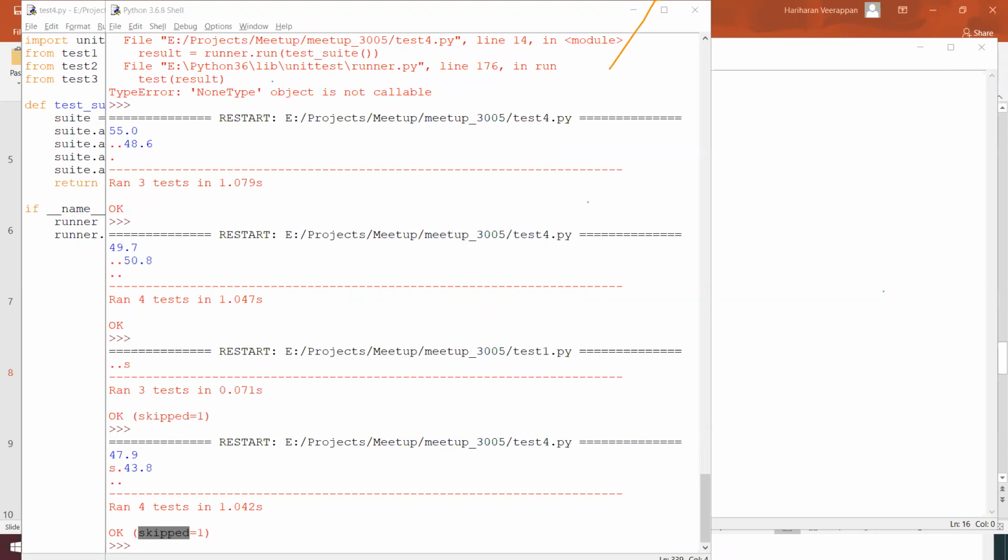Another thing is, whenever we are upgrading or downgrading our software and we want to use the same test cases for both versions, some of the functionality will not be available, so we can skip it for that particular one.